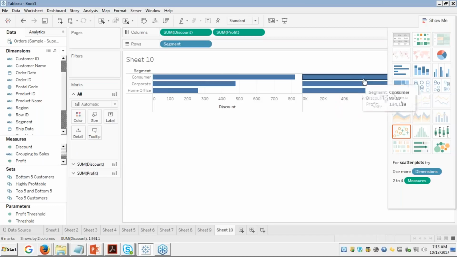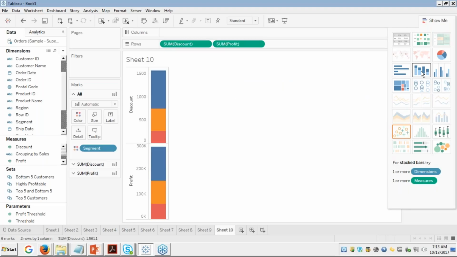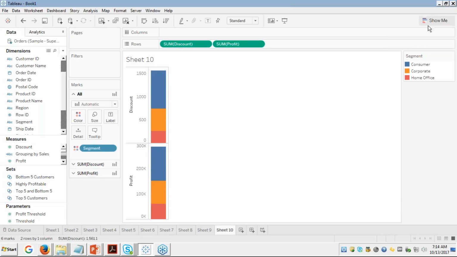Here, the same thing when you have it in a normal bar chart. If you would like to have something like this, you can make use of stacked bars. What the stacked bars are going to do is show your discount across the segments, what percentage of the discounts has been given across all three segments. So the color